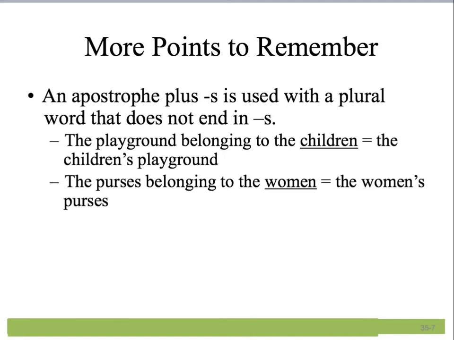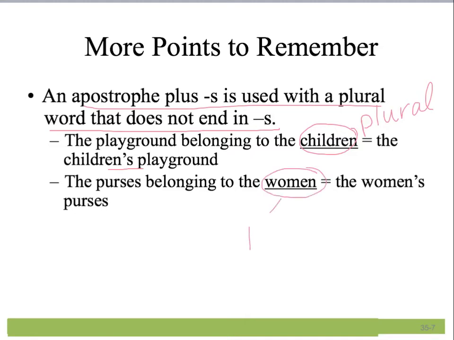Now, an apostrophe plus S is used with a plural word that does not end in S to show possession. So let's say we want to talk about a playground that belongs to the children. Now, children, that's a plural word, but it does not end with S like most plural words do. So what we do is we just put that apostrophe there and then we add the S after it. Another similar word is women. Women is a plural word. So if we need to show possession on women, we just put the apostrophe and then the S